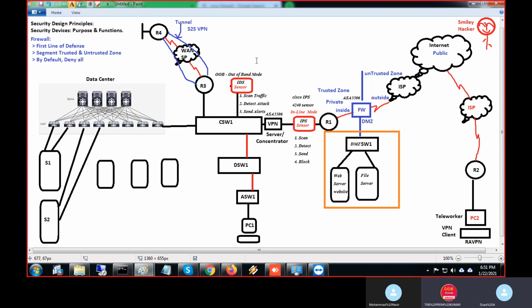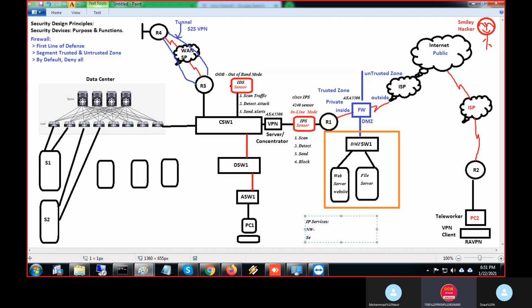There are some services that I'll write down here for you. If I just want to understand IP services, there are network services and security services, but let me just put services so as not to confuse you. ACL, NAT, DNS, DHCP, NTP, HSRP, TFTP. These are all services. I'll tell you what these services are also. TFTP, FTP.